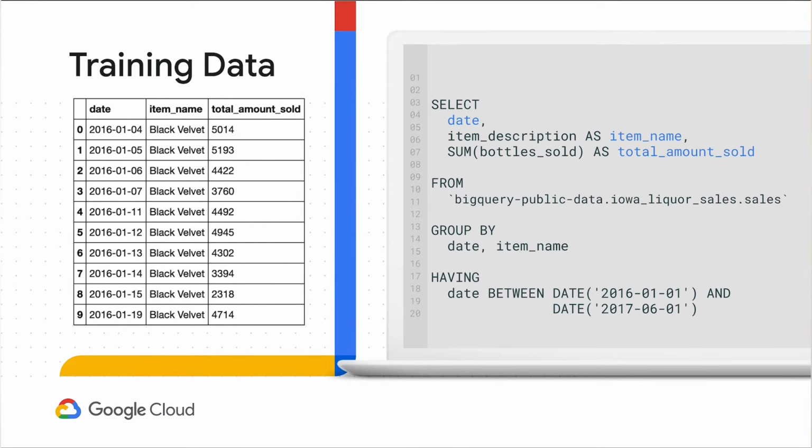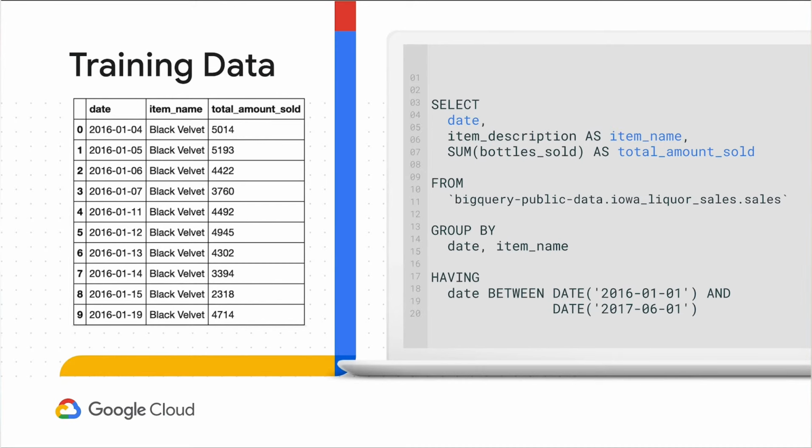And here I've simply done a group by summing up the bottles sold across all the stores and across all the different rows and invoices from the BigQuery Iowa liquor sales public data set. And I'm just choosing some date ranges between January 1st, 2016, and June 1st, 2017, so that we can have some historical data. We actually also have some of the actual values from after this date of June